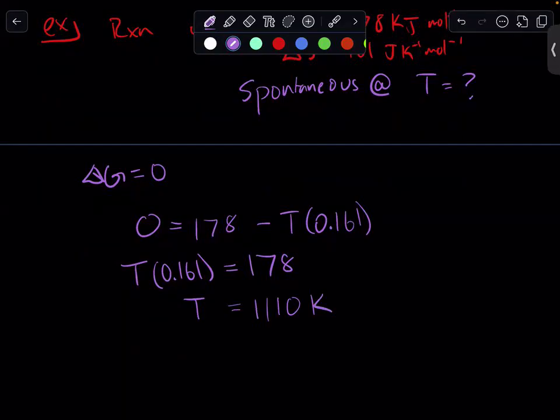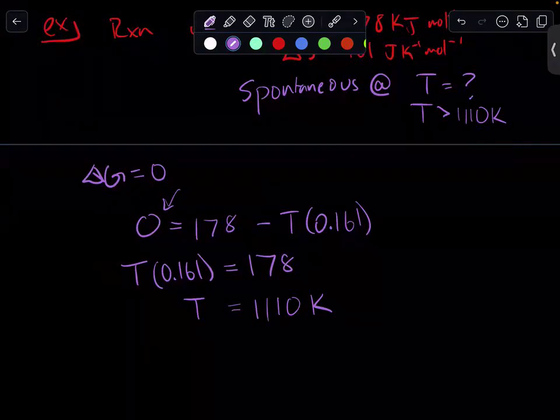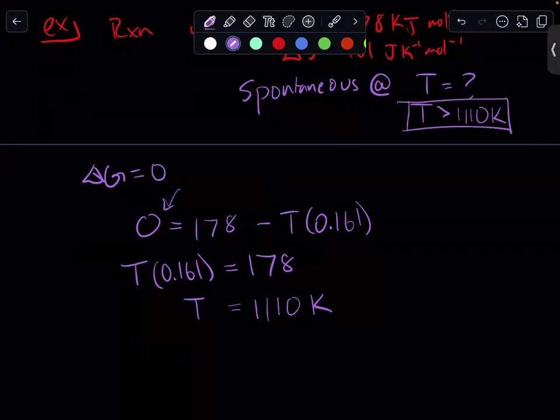So at any temperature greater than 1,110 Kelvin, it becomes spontaneous. So by plugging 0 in for delta G, that transfer point where it goes from non-spontaneous to equilibrium to spontaneous, we can find that it becomes spontaneous at a temperature greater than about 1,110 Kelvin. So I hope this helps you understand Gibbs energy, spontaneity, and doing these calculations, and have a great